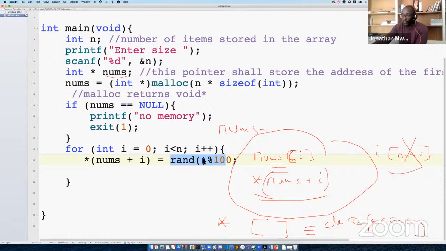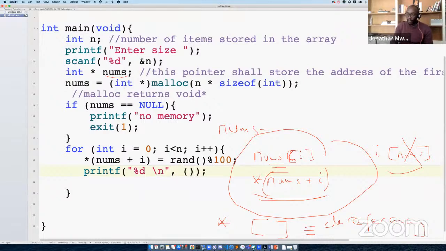It gets us that value, and then we put that value in here. And we can print this if we wanted. Let's printf. Again, we are printing integers here, maybe with a new line after printing the integer. And which integer are we printing out? Again, I can just do the same: I dereference the address pinpointed by these things over here.